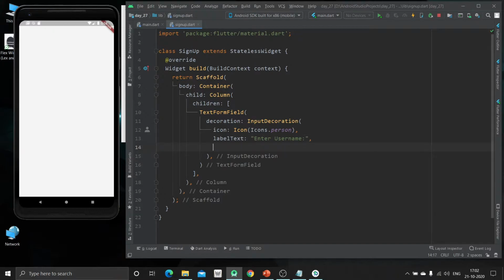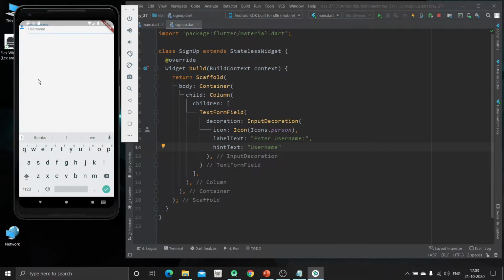So just hit hint text and that will be user name or your name, anything that you like to give inside the hint. So this is the first text form field. So just hit Control and S. Now you can see here is the text form field, and you can write anything which you want.